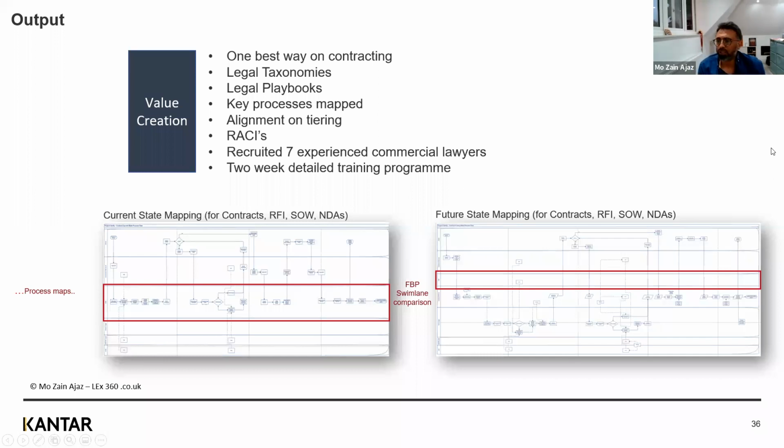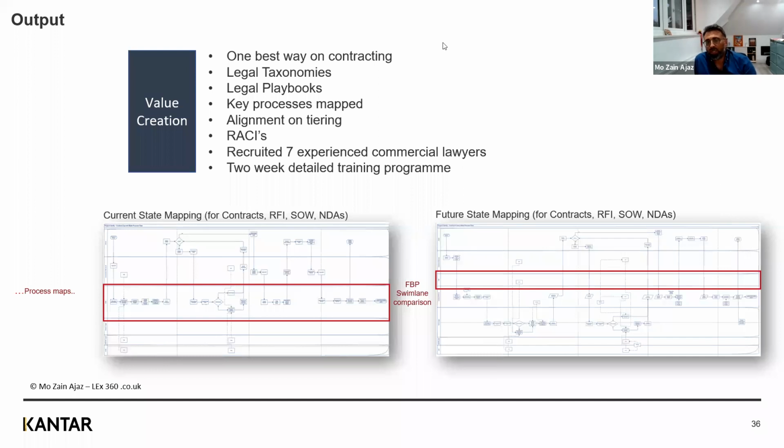I think we might have had a question, Catherine, come through. Was there a question? There is a question, about the division of labor, like how big was the team and what roles? So the team that I had working with me, there were three of us. We had a commercial lawyer, we had a process guy, and then there was me doing the overall program management. And we affected 150 people, so the conversations, the feedback, all that kind of stuff.